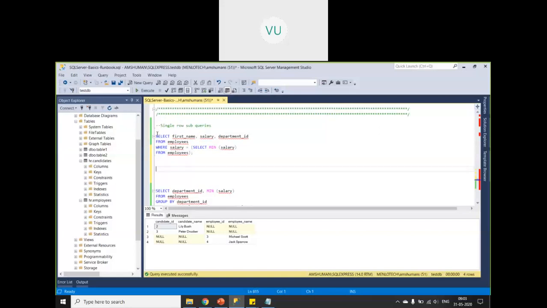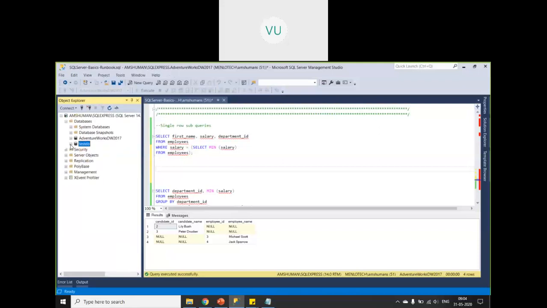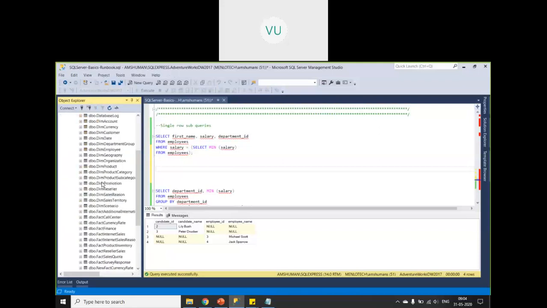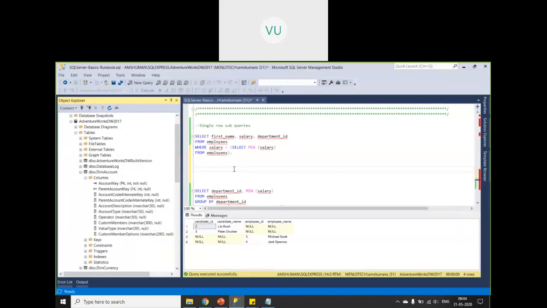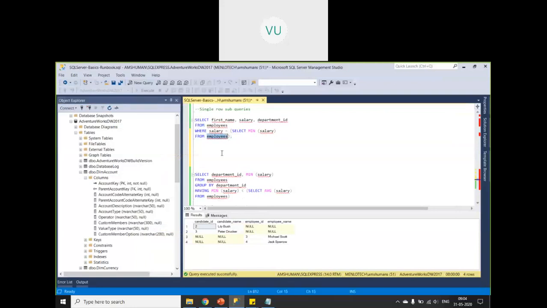We don't have all these columns in our employees table, so we will use the AdventureWorks database. I'll go to this and select a suitable table. My inner query is running on the same table, and the outer query is also running on the same table.